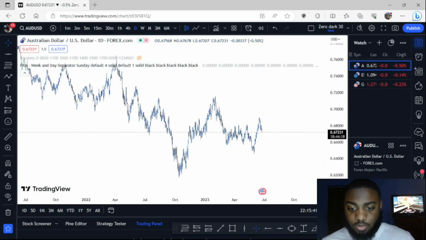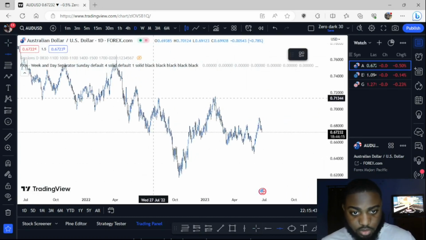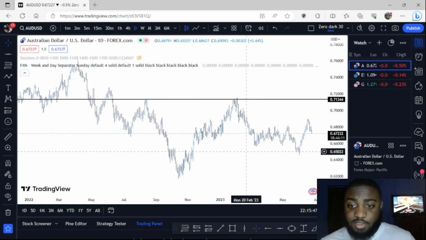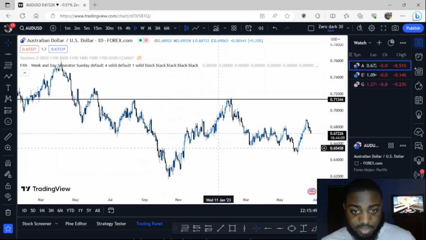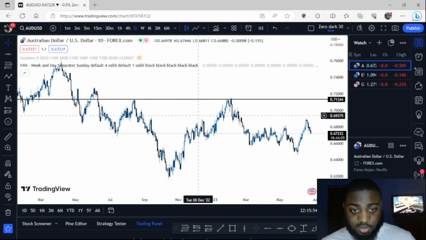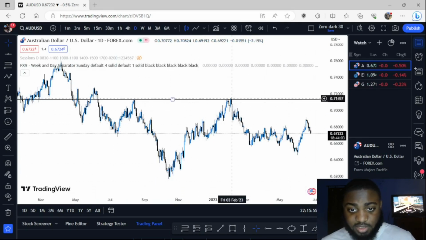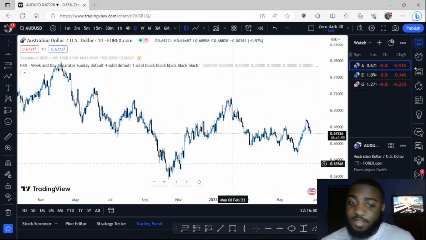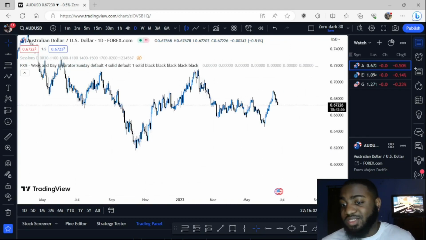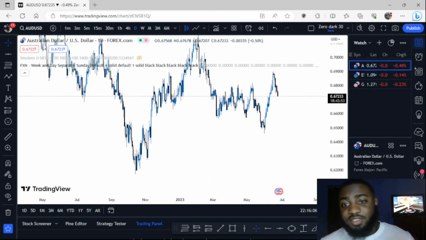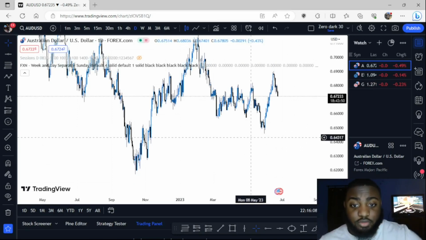Now, does it always not work? No. Some things work sometimes because liquidity aligns with support and resistance every now and then, as you see here. If they were to do it here, price can bounce off this. Boom. See this one, they would have won, right? So it doesn't always work, but it doesn't always also not work. You see what I'm saying?